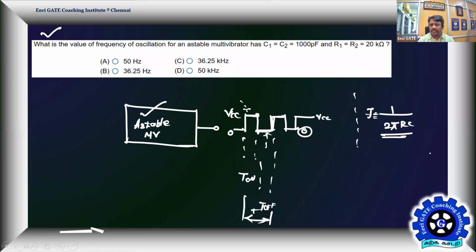So since you can try to play with R and C anyway, the time period is going to be a function of R and C and some other constants, which means the frequency will be 1/RC. That's for sure. If you play with the product of R and C, then the product RC will be equal to the time constant of the charging circuit, or the charging or discharging transient. So RC will be equal to 1000 pico, that is going to be 1 nanofarad into 20 kilo ohms. So 20 into 10 power 3.